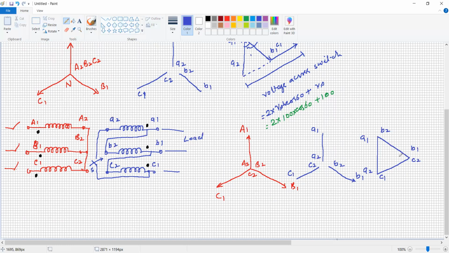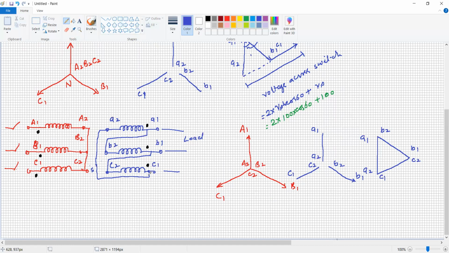So this is the delta, and now the voltage across this one will be 0. The vectors are in such a way that the voltage across the switch is 0 and it is ready to join. So there is no problem. It does not circulate dangerous current in the delta, so we can connect this switch very safely, and it is the right connection of star to delta.